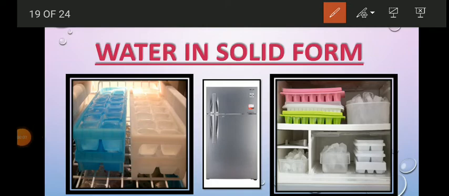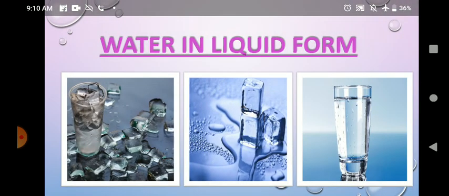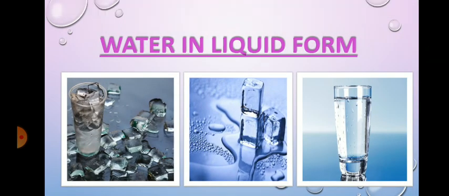Now, if we keep water in the fridge to freeze, it gets converted into solid form. So you can see here, when you keep water in the fridge, the water converts into ice, the solid form of water. But when we take the ice out of the fridge, slowly it melts and gets converted into water.